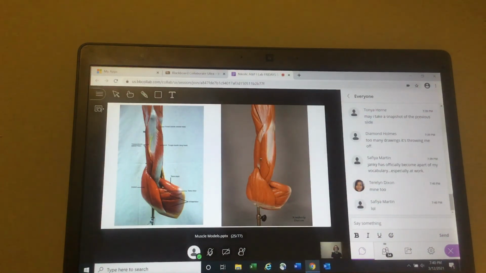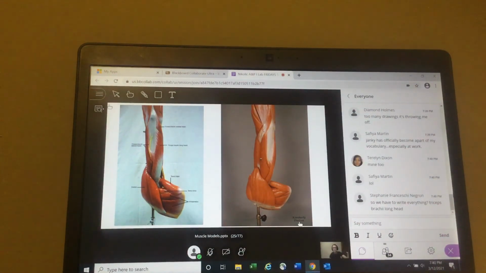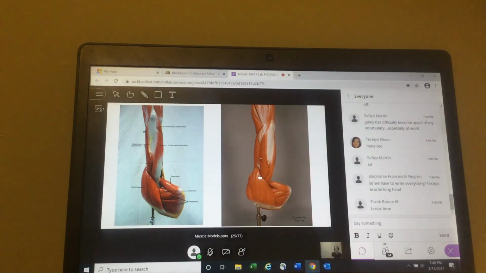All right, guys. You with me, guys? And then what happens is, as you study these images, you guys ready? We have to write everything, triceps brachii. Just because you've got to know triceps brachii anyway, you know what I mean? So just put long head, lateral head, or,